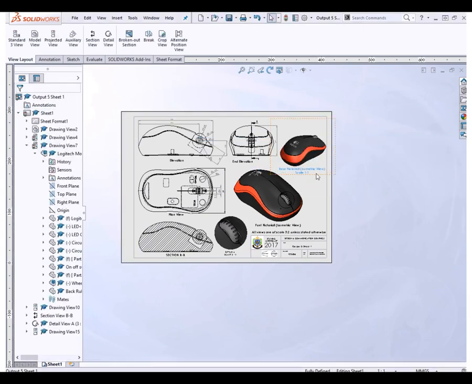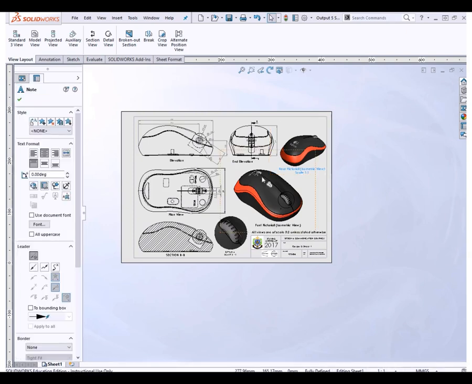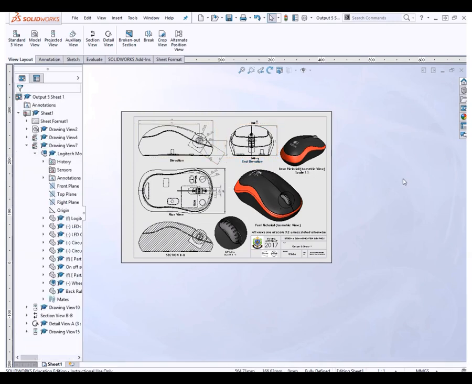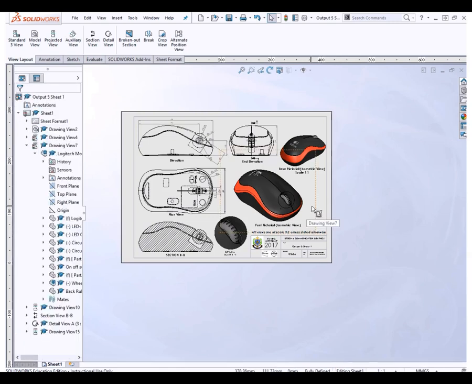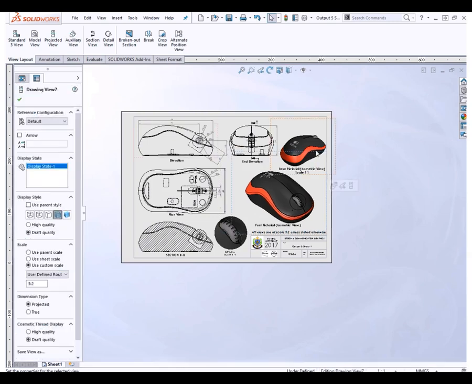You know, there's loads of other things you can do if you look at the notes and stuff like that there. If you look in annotation and stuff, there's loads of different things you can do, but you know, you can figure that out for yourself. So I'm kind of happy enough with that. You know, just depending